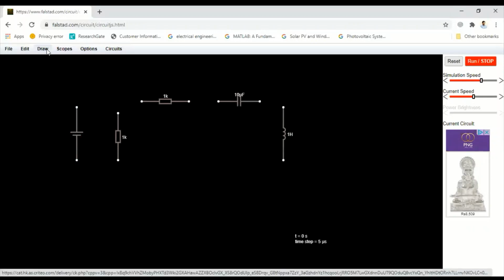Almost everything has been added. Now connect it with the wire.